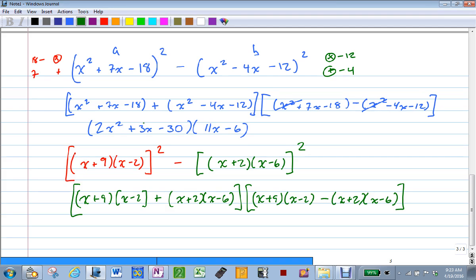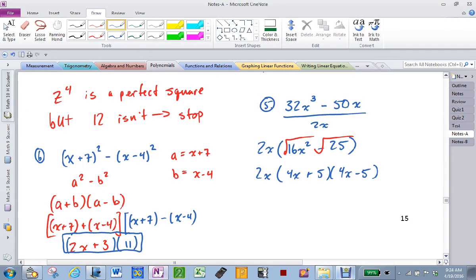Okay? I'm just seeing if that will factor. This wouldn't have factored anyway, so we're done. Everybody cool? That's about the hardest thing I can give you. Everybody okay? All right. So,